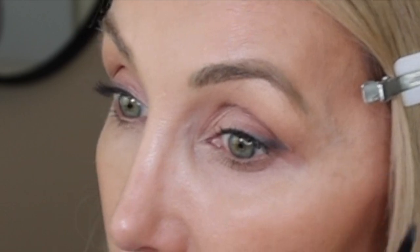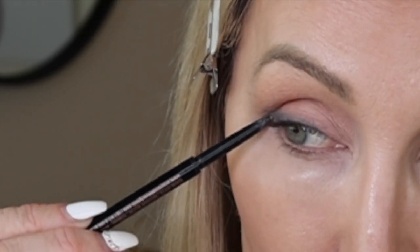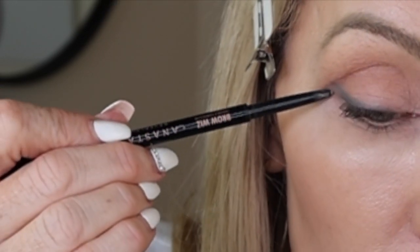Now, if you wear an eyebrow pencil that's pretty light and blonde and it won't show up underneath your lashes, then just reach for a complementary color to your eyebrows for underneath your eyes. And you can certainly do that with a shadow. If you did your eyebrows with a shadow, and even if you didn't, whatever color you used, whether it was an eyebrow pencil or an eyebrow gel, just look for a complementary color in an eyeshadow. We're just gonna blend that in so that it nicely goes up to where we had that shadow and comes